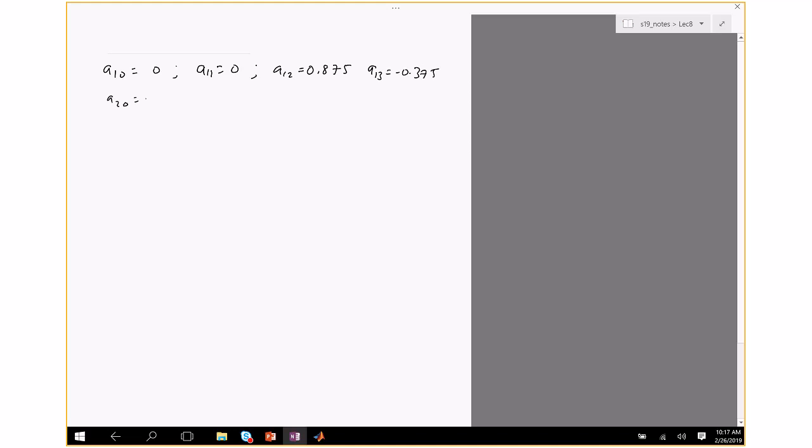A20 is minus 0.4063. A21 is 1.2188. A22 is minus 0.3438. A23 is 0.0312. So I'll show you MATLAB code where you can plot the response